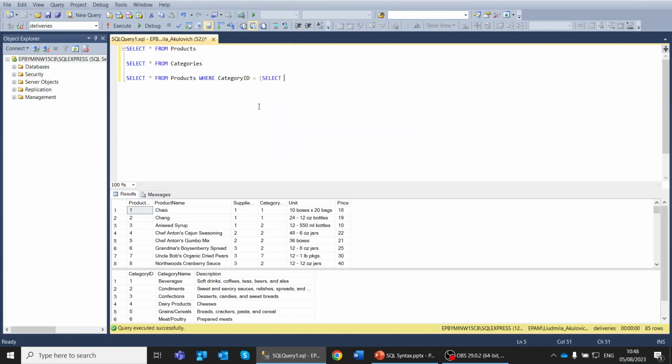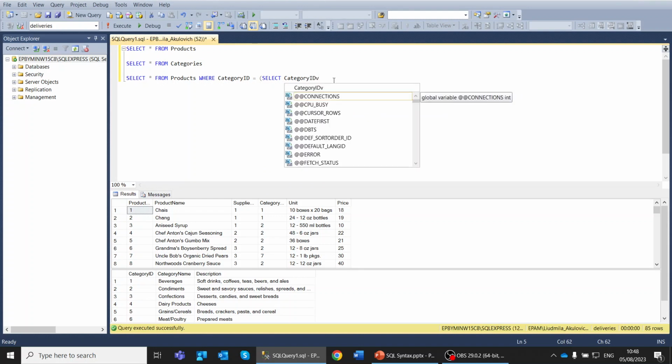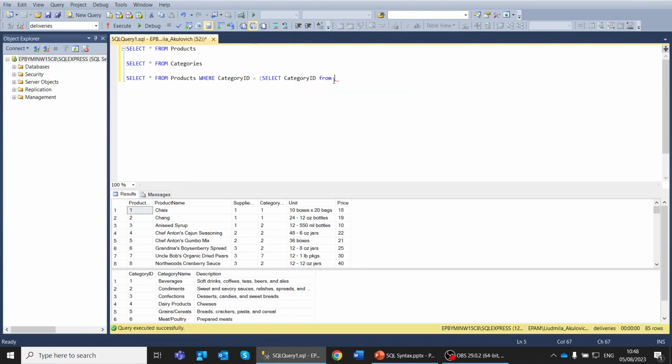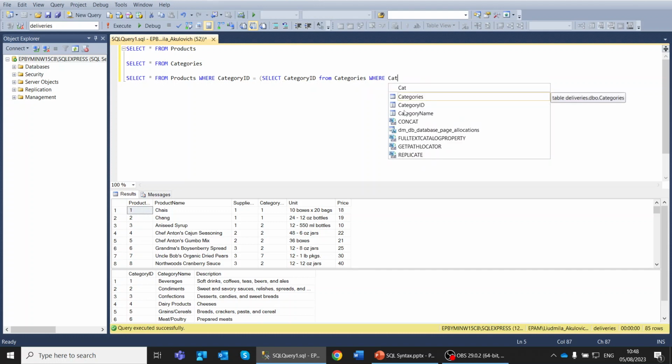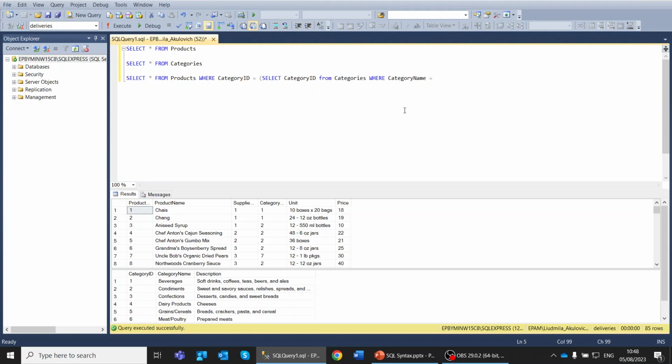I will select category ID from categories where category name is seafood. You remember the main rule of subqueries,